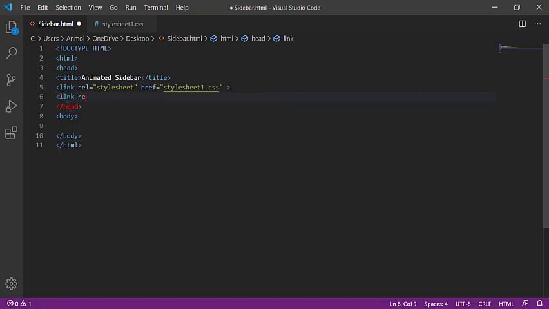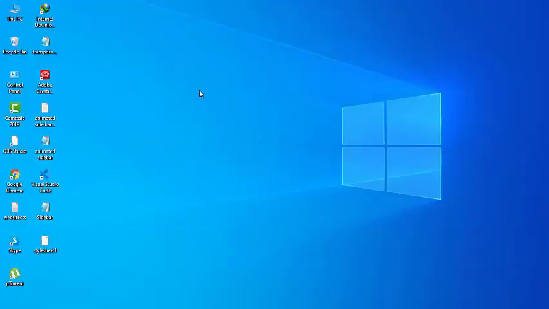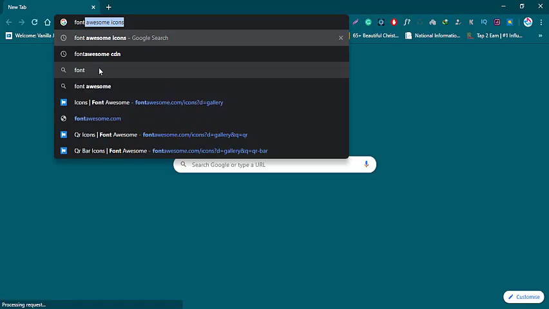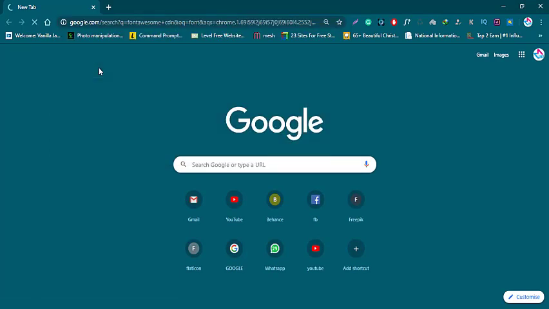And we will also put some icons, so I have to put the link of that one, that is the rel, again style sheet, and giving the reference. How am I giving the reference? So go to the Google browser and find Font Awesome CDN.